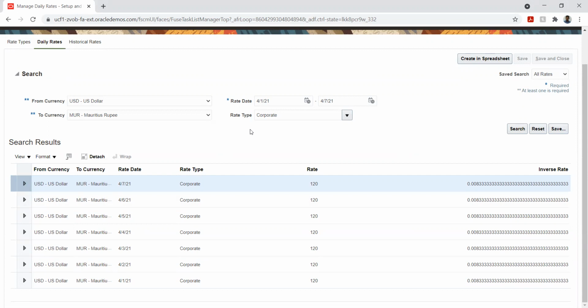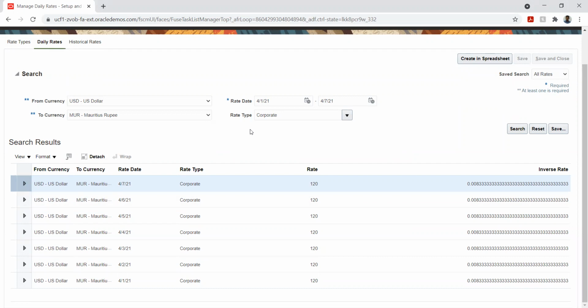But if we have fluctuating rates used by the business, then we will have to give it manually for each date. So let's say on the sheet, if I want to give one rate for 1st April and another for 2nd April, I will have to add multiple lines there.